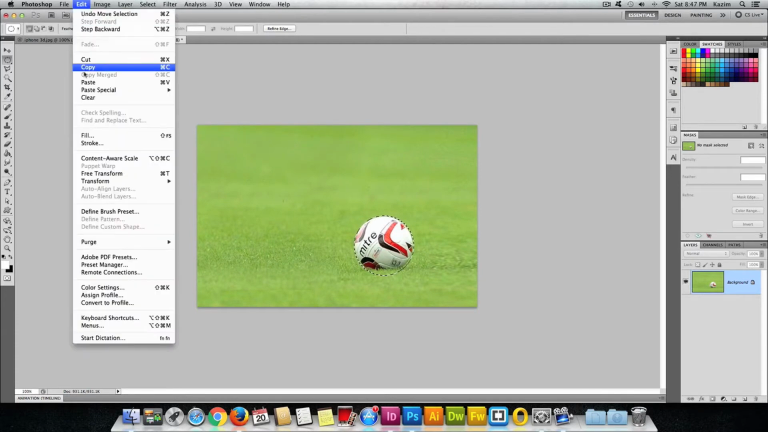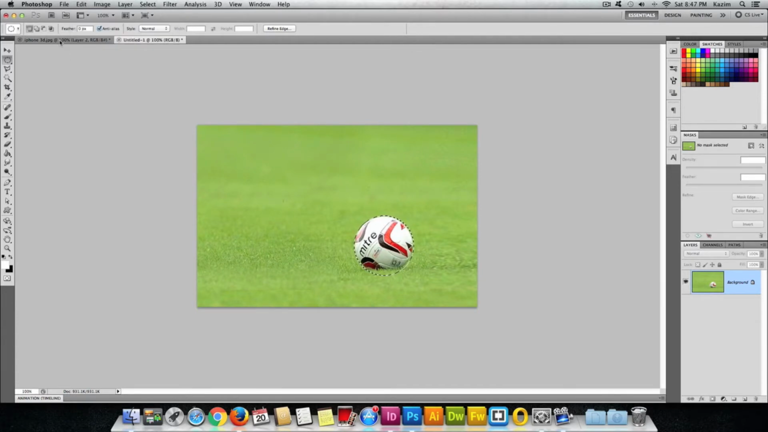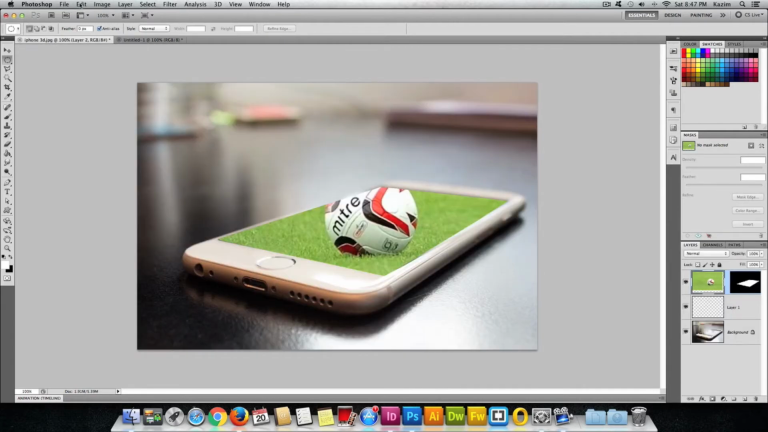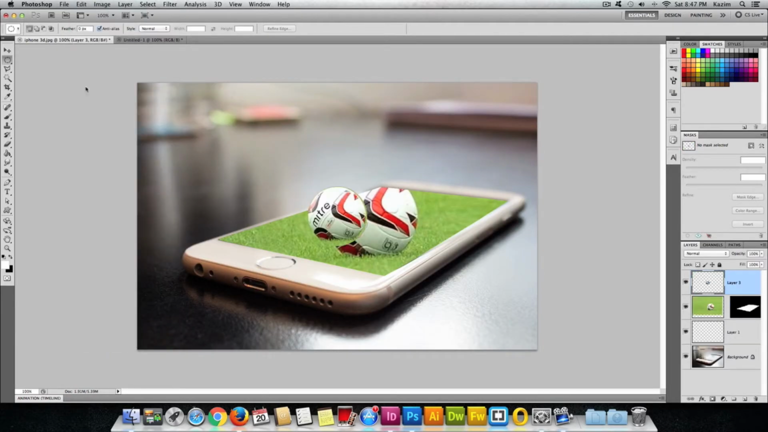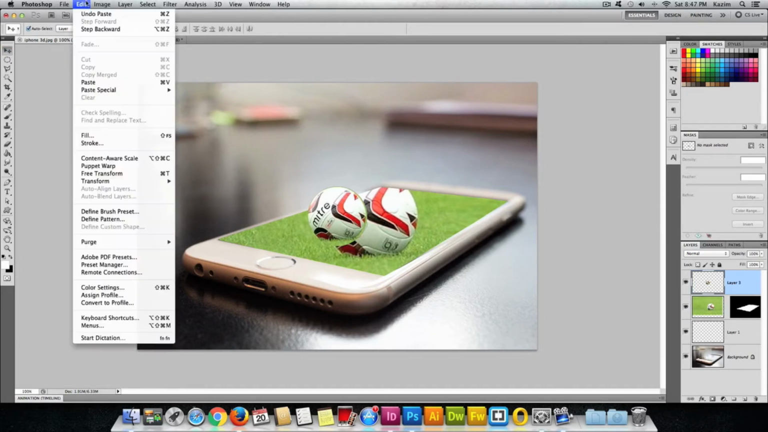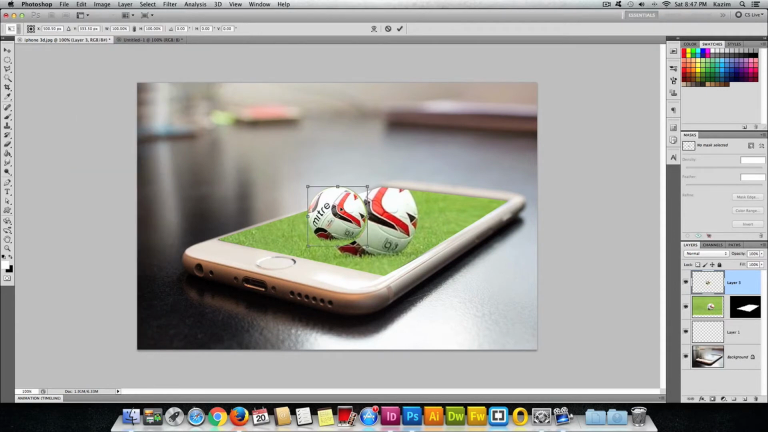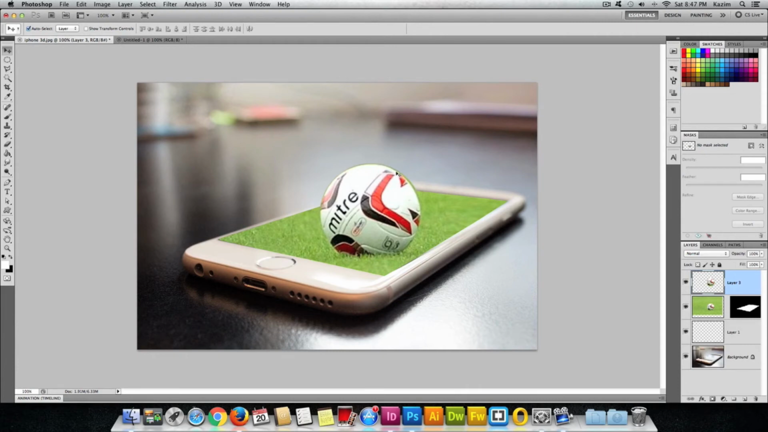and click on Edit, Copy, and then navigate to the window which we are working on, and again I'll click on Edit and Paste. Then you can just resize it by again coming up to the Edit menu on top and click on Free Transform, and while holding down Shift, just increase the size of the ball to match as per the behind image. You can see now how it is coming into play. Just resize it as per that and just hit enter on the keyboard,